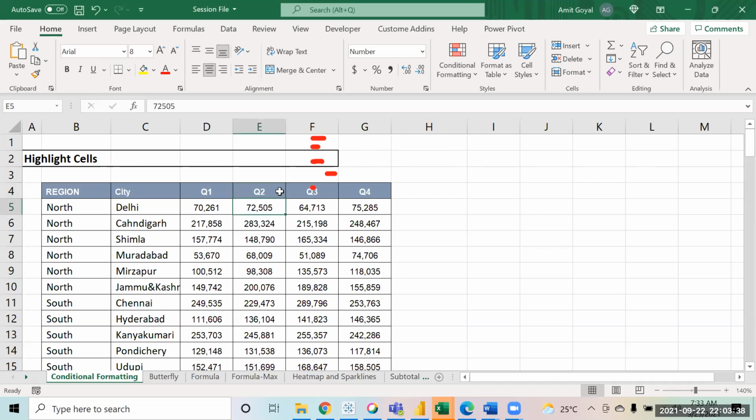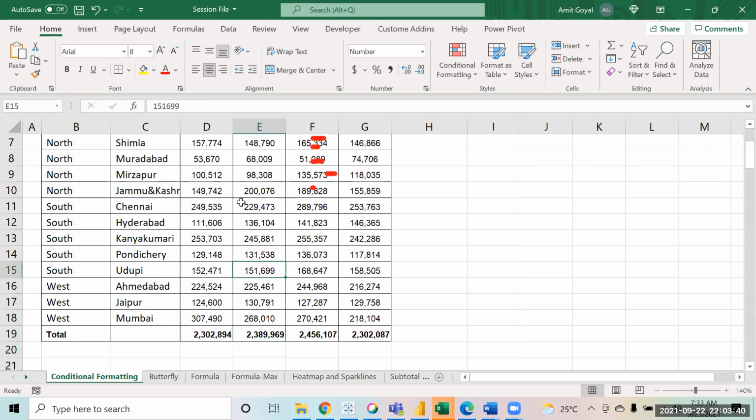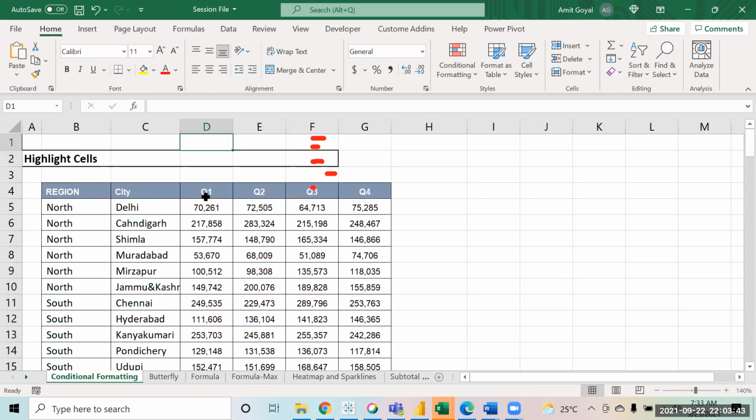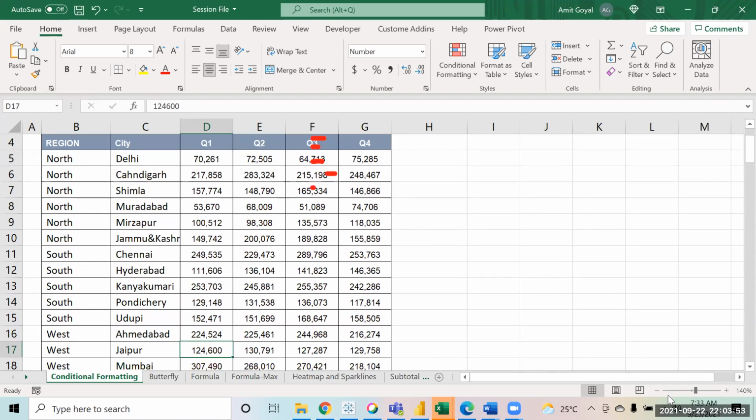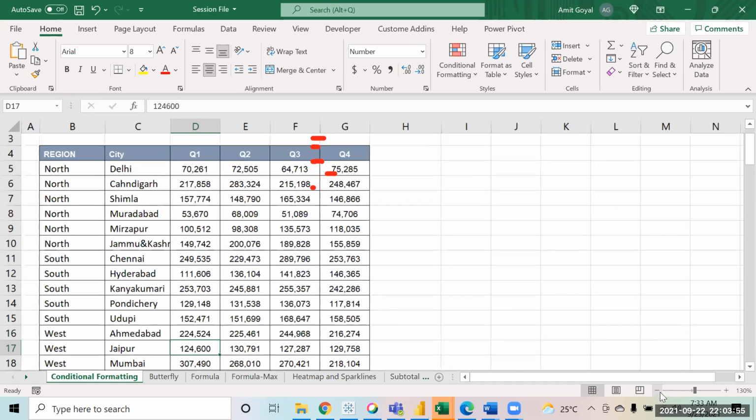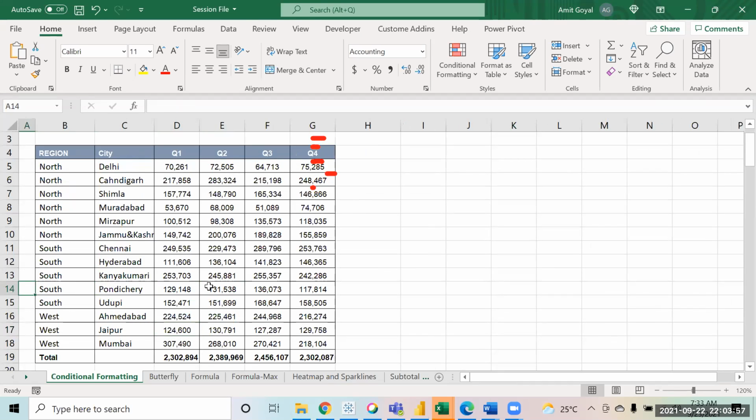Suppose this is the data that you have. In the first tab, you have the data for different cities, how much sale was generated in quarter one, quarter two, quarter three. So for the different cities, we have the sales given for different quarters.